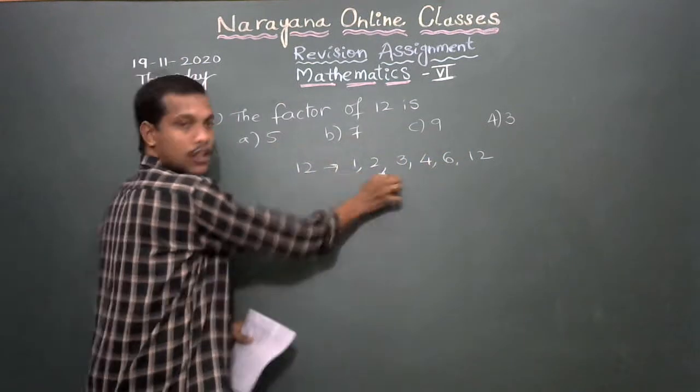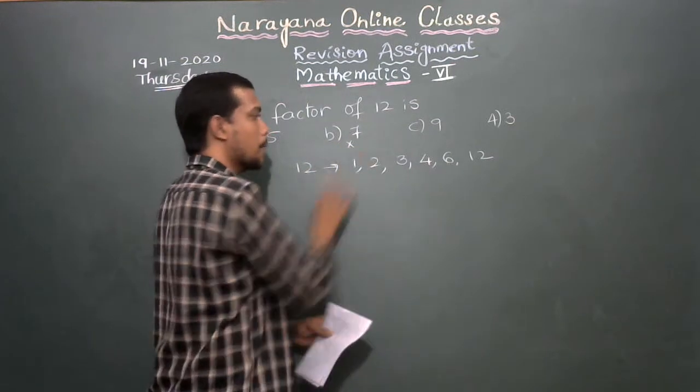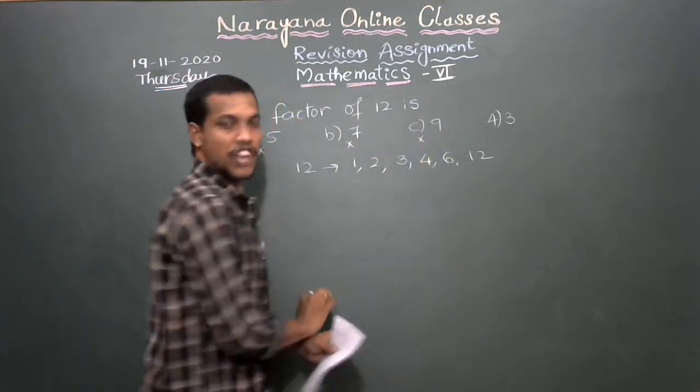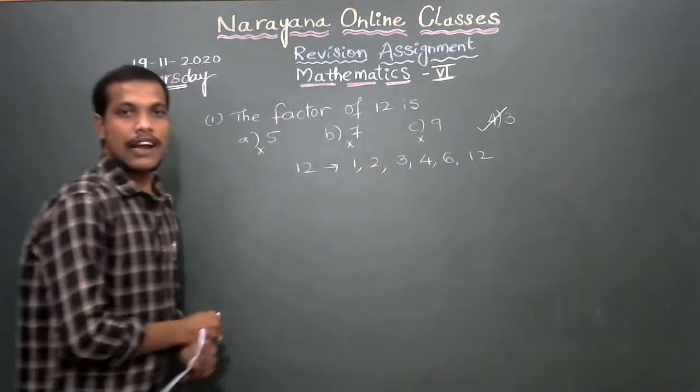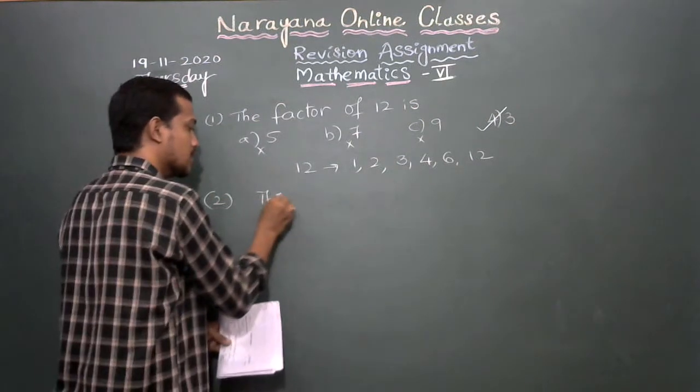So 5 is not there, wrong option. 7 is not there, wrong option. C, 9, wrong option. 3, it is the correct option. Now second question. The first